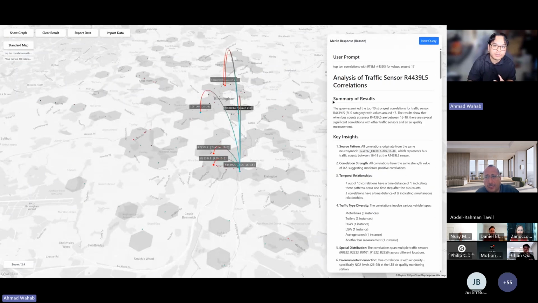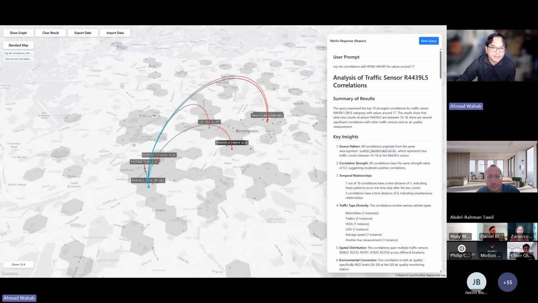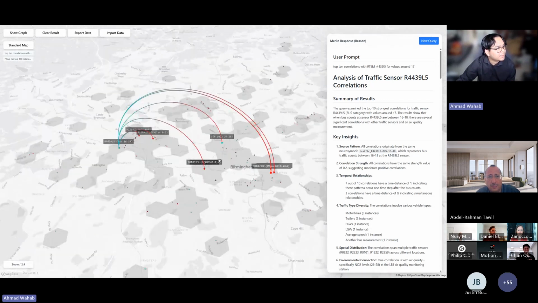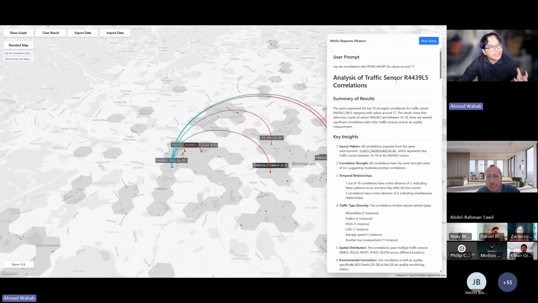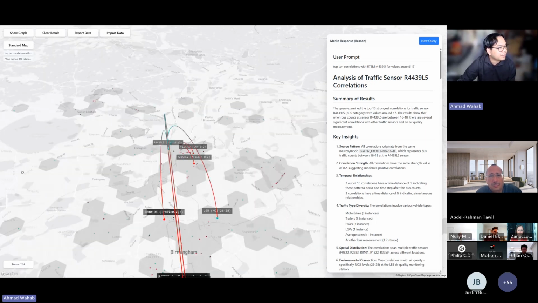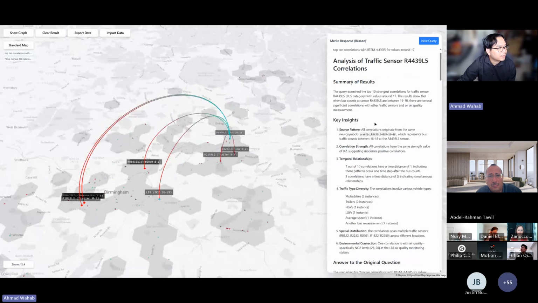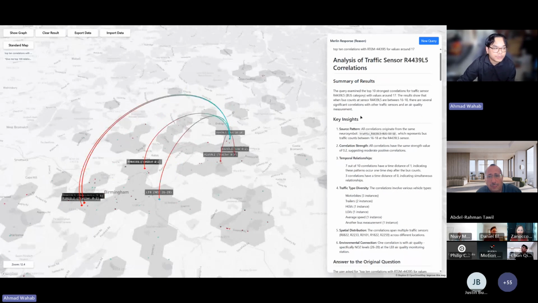And these LLMs will generate the data that will enable us to visualize the data sets. So here I'm requesting the top 10 correlations with RTM, which is a traffic sensor, and we're asking for correlations if that traffic sensor has around 17 buses. So we can get the results here, and it will return the summary of results, the key